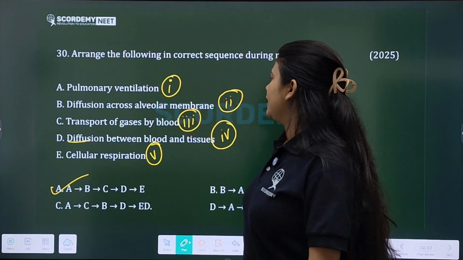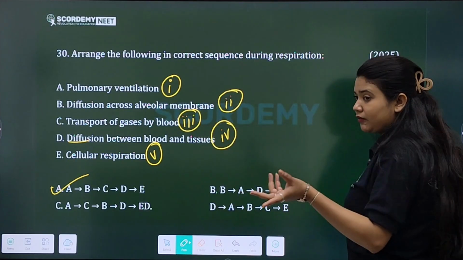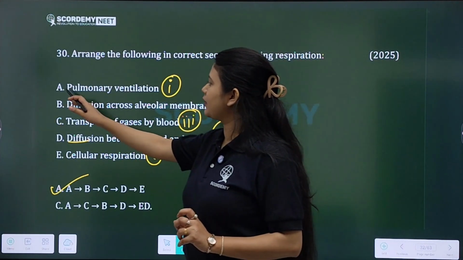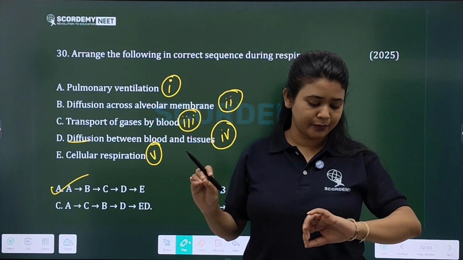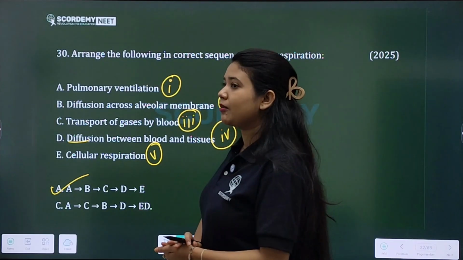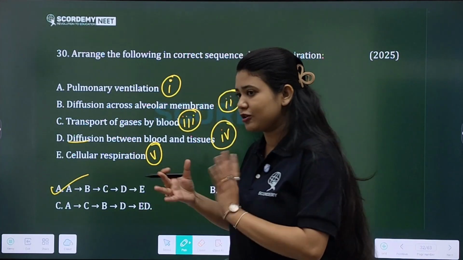Okay, so next is this important thing. Many students usually get confused about the order of the steps. First is your pulmonary ventilation. Pulmonary ventilation is nothing but the breathing in of air. This is the normal breathing in of air. After that, diffusion will happen, an exchange between the alveolar